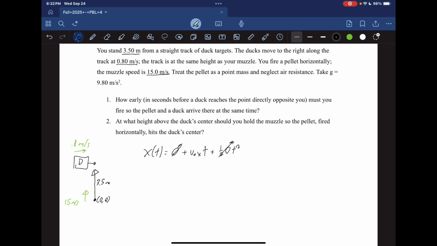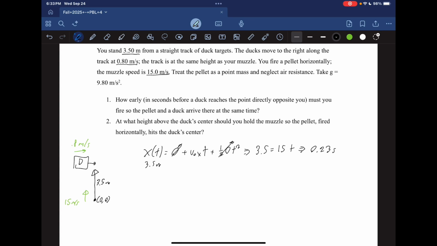Both of these terms are just 0, and we know that at some time we need it to travel 3.5 meters, because that's how far away the target is. So we have 3.5 equals v naught x, which is 15, times time. If you solve this, 3.5 divided by 15, you get that our time is about